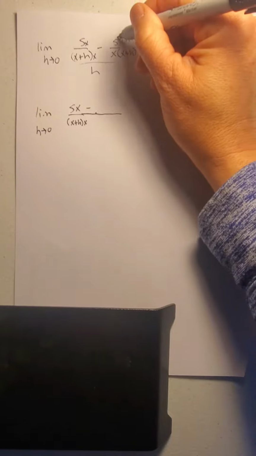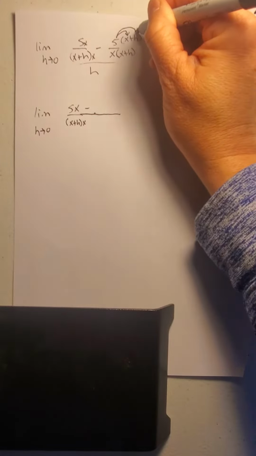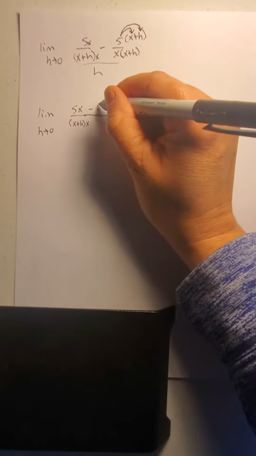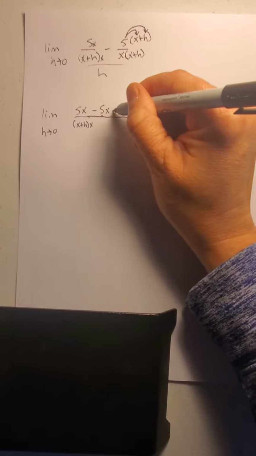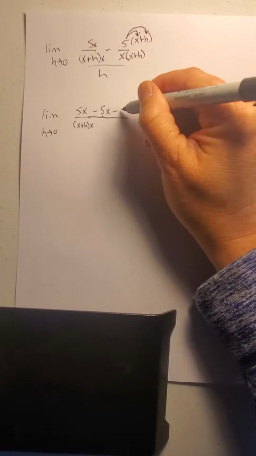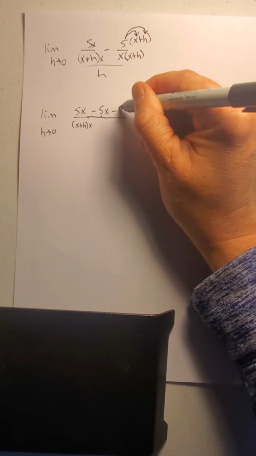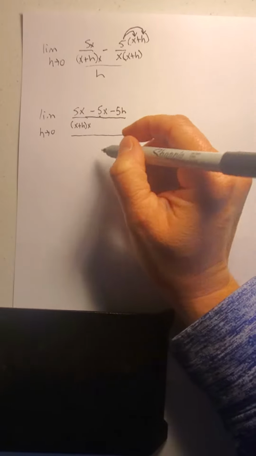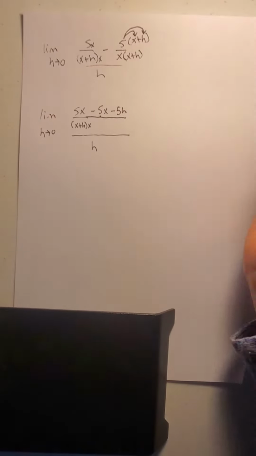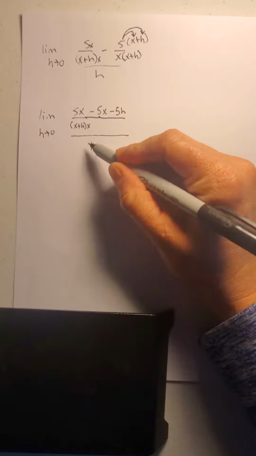minus, now I'm going to go ahead and distribute right here. So minus 5x minus, remember this negative has to get distributed to both terms, minus 5h all over h. All right, so the next thing I'm going to do, remember dividing by h is the same